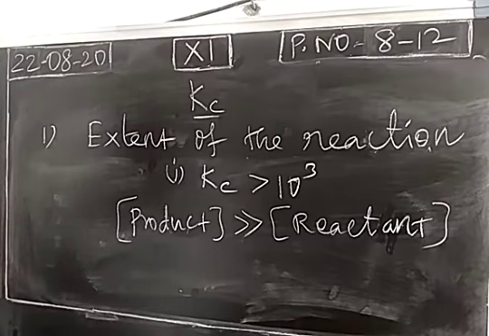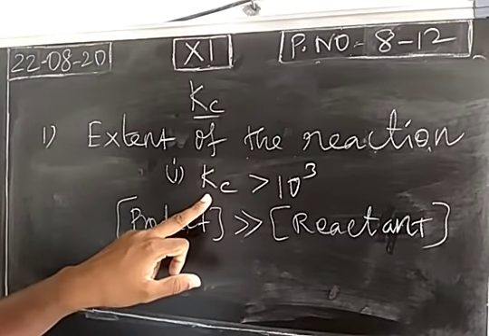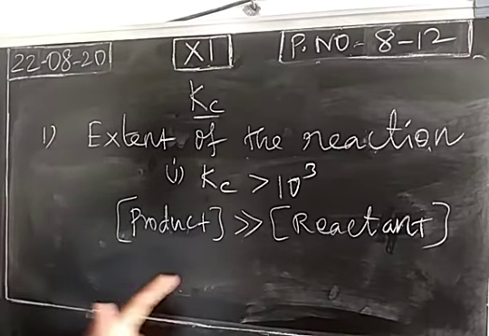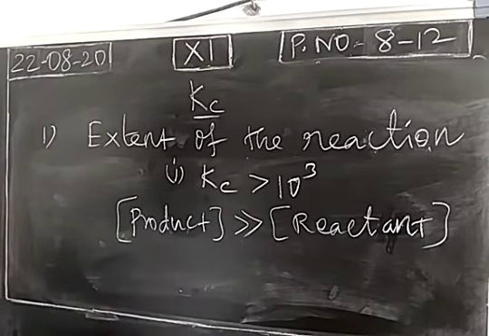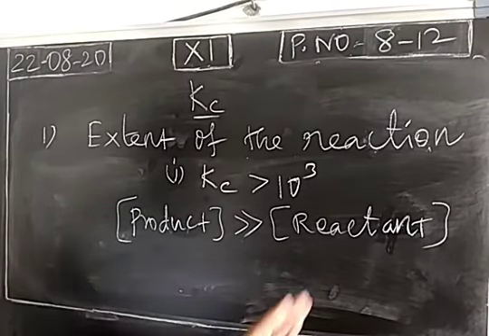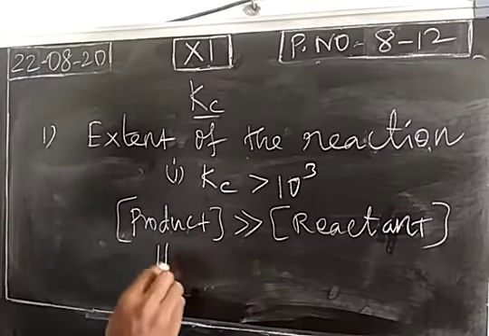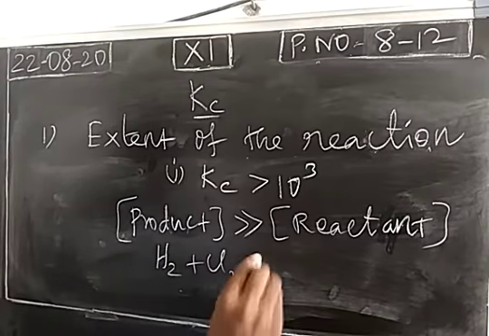So take the first condition. We measure the equilibrium constant for the equilibrium reaction. In the equilibrium mixture, the concentration of the product is more than the concentration of the reactant, which represents what? Equilibrium is trying to shift towards the right hand side. If you take an example, the formation of hydrochloric acid.